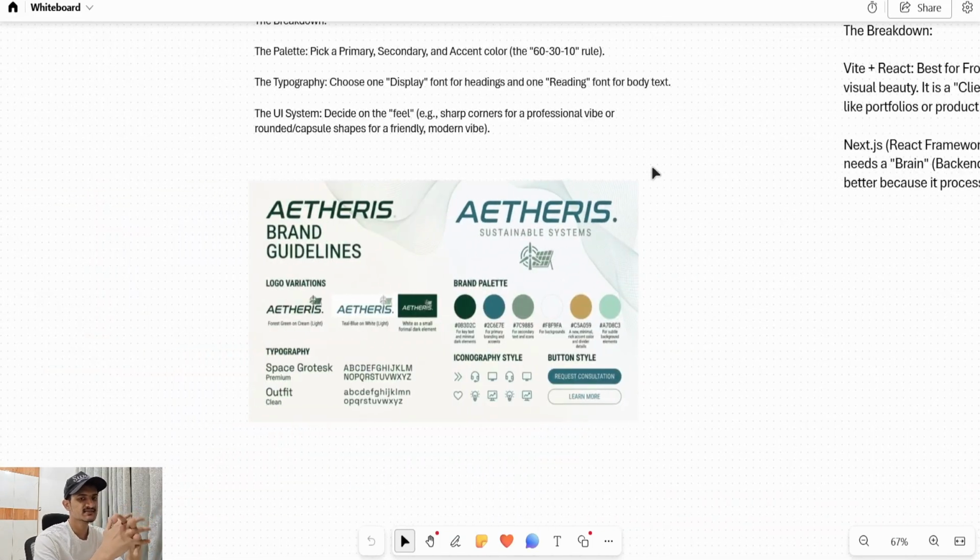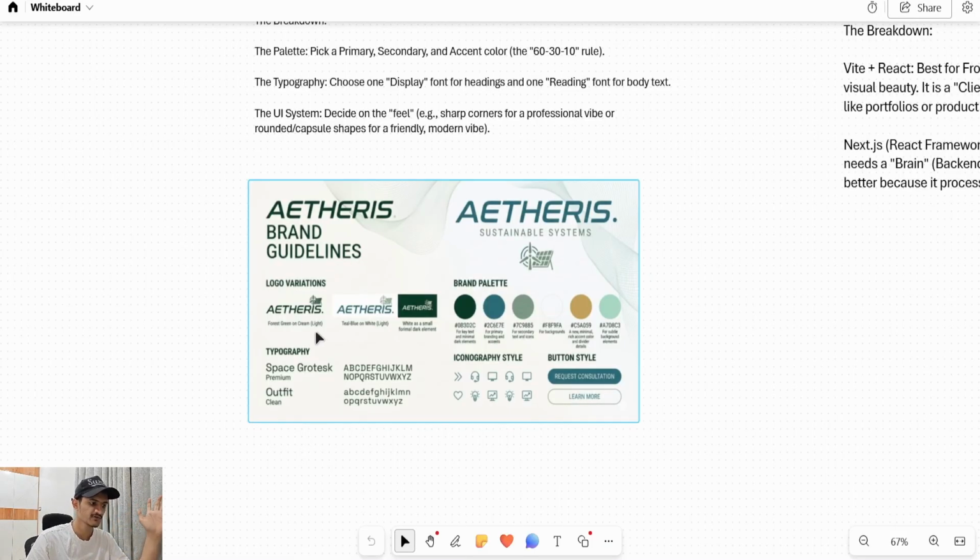So what this means is here you choose the color theme of your brand, the fonts you are going to use, the icon styling, the button styling, and all this stuff. So if you look here, I created three logo variations. The font we are going to use for the website,